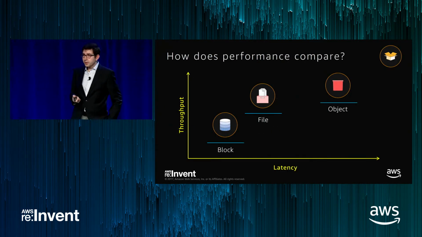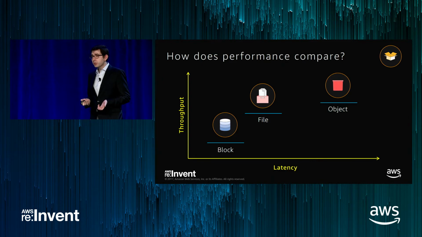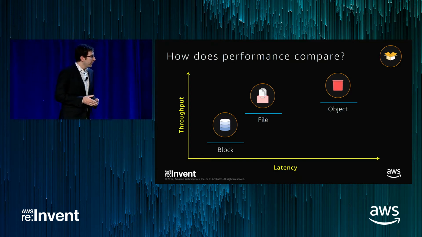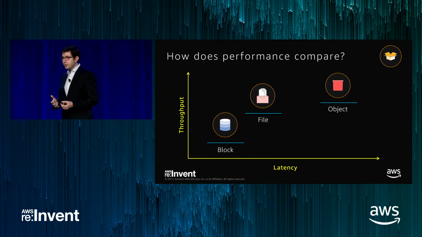And then another aspect to think about when you're choosing the type of storage is, what is the performance that you get with each? On this graph, on the x-axis, we're showing latency, and on the y-axis, throughput. And you see the block storage is the lowest latency of the three. This is a general statement about these types of storage. So generally, lowest latency is block, but it doesn't scale to the throughput that you would get from file storage